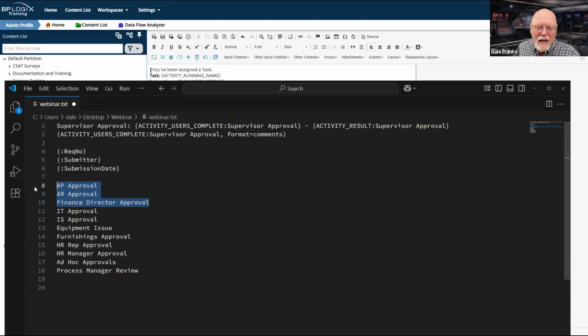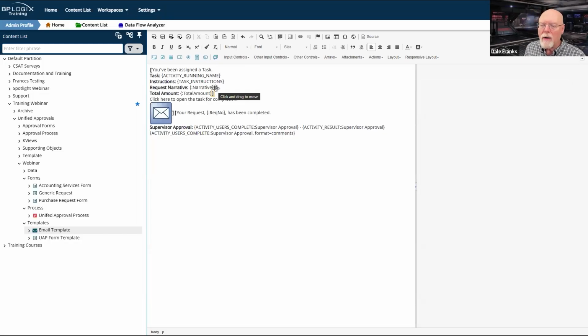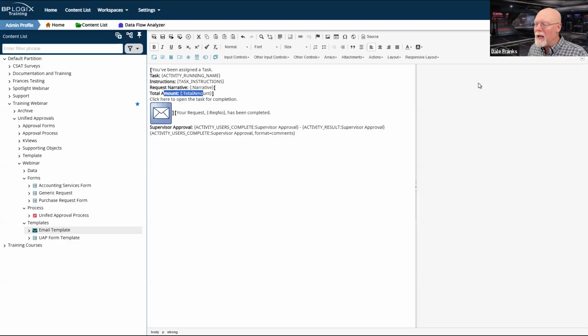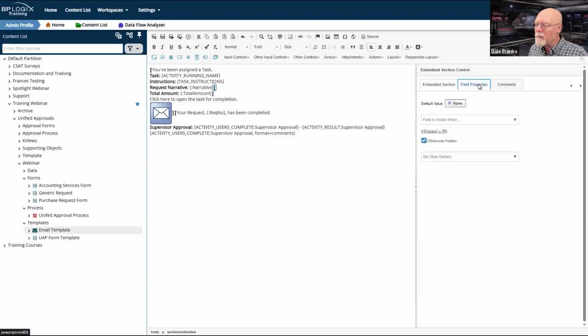But the things that I need to do for this to work properly is I am going to have to set the appropriate conditions for whether or not I want to show these activities. And so just as I did up here with my total amount, where there's really only one form that even has a total amount field, and I had to create this special section up here just to show the total amount field, which is going to be hidden anytime that it is, in this case, not a purchasing request.